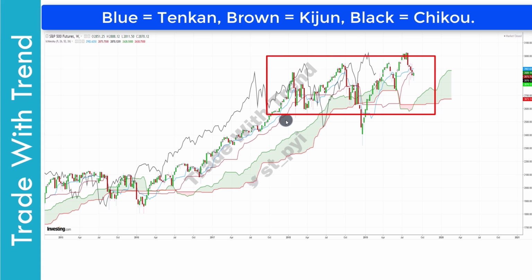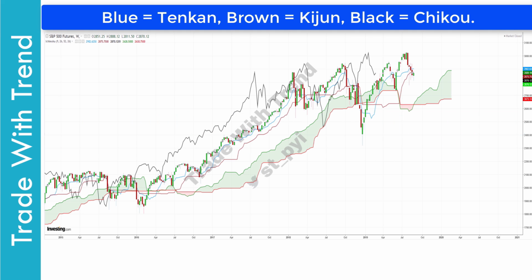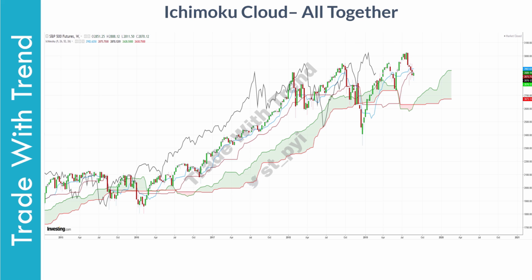Once Kijun starts rising at this region, price then moves higher in a clear trend. In this region, price was also within the Ichimoku cloud, and this again marks a phase of consolidation and not that of trend. At all times while studying Ichimoku charts, there are two basic conditions you have to check. Number one, is the price trending and does it have an element of momentum within it? And number two, what is the direction of price trend? If you just focus on asking these set of questions, I can guarantee you your results in trading would improve a lot over a period of time.